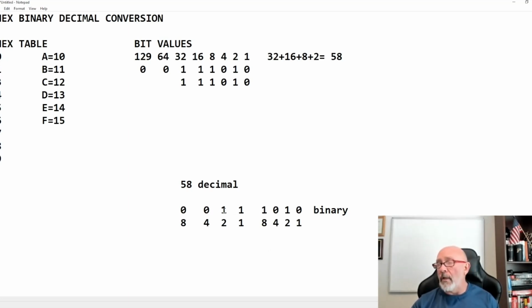Oh, we got 2 of them on, sorry. So we take these 2 and we add them. What number is that? 3. Okay, so in this section, only these 2 are on. 1, 1. So you add them. That's 3. Okay. Well, what about over here? Who's on? 8 and 2. What's 8 plus 2? 10. What's 10 in hex? A. So 3A.